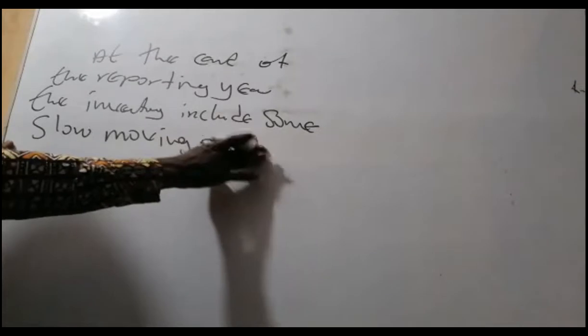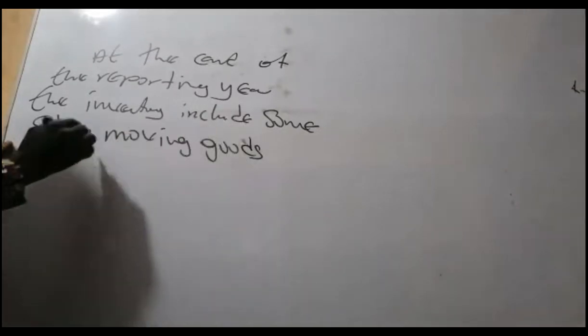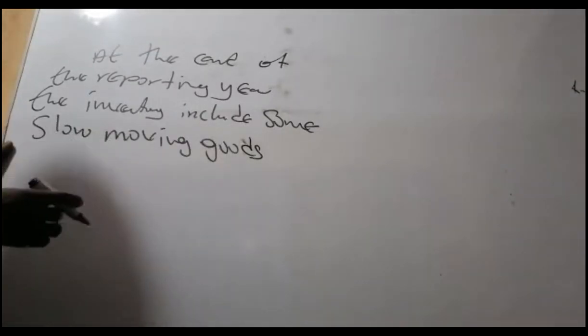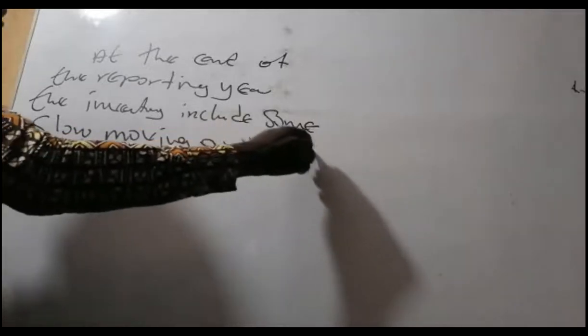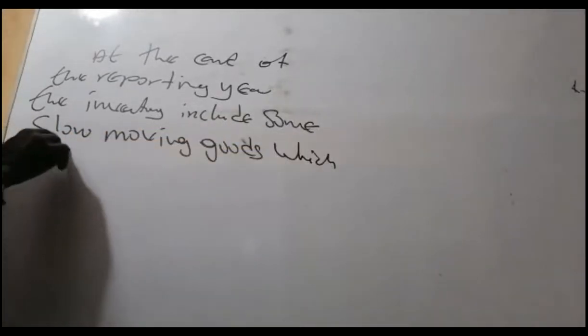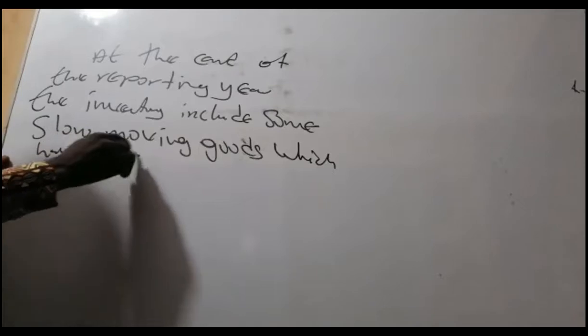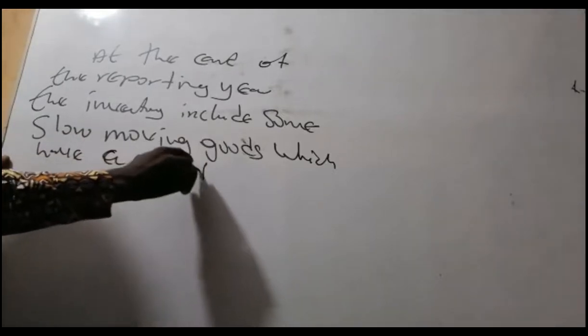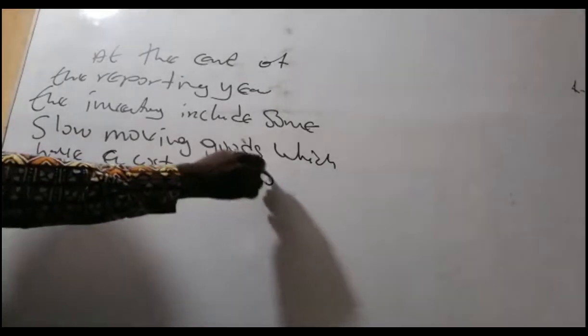Any of them, the examiner is one. Not a few. Damaged goods, which have a cost of 120,000